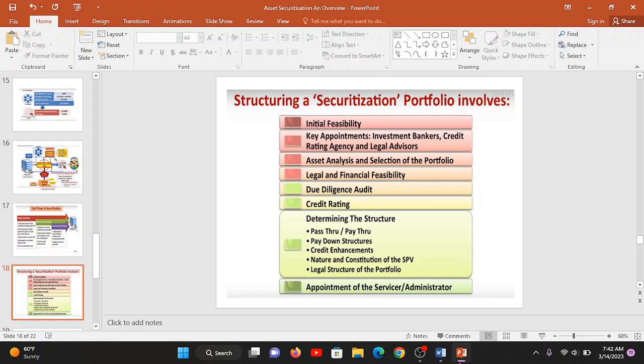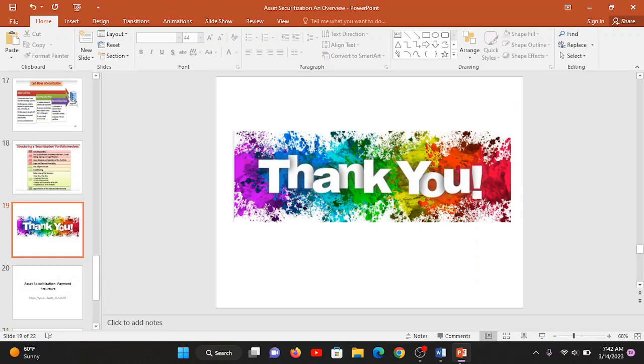And finally, you are fixing it up, appointing the servicer or administrator. The bank is going to act as an administrator, a facilitator in the process of securitization. Even though the ownership has changed from the bank to a third party, the bank's role is still very important because they are able to recover easily, and they are going to act as a facilitator for which they may charge you a facilitation fee. Okay, with this